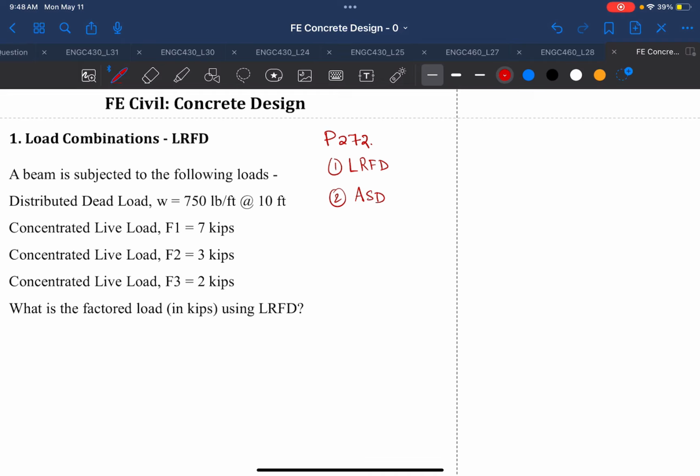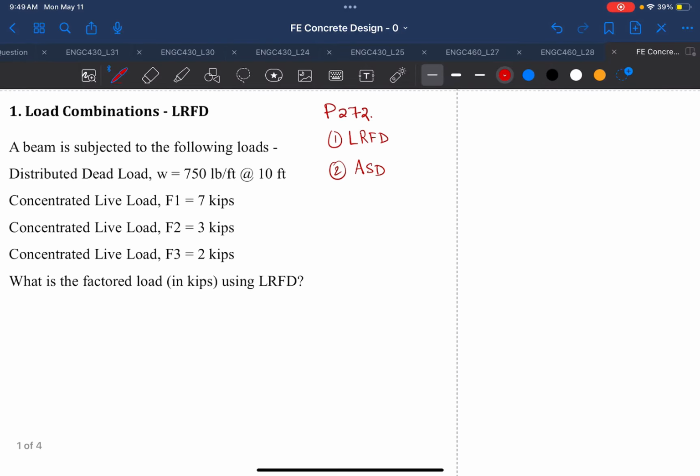If you have all these different loads acting on your structure, then ASCE 7 has given you different load combinations that you can use, and you can design for the worst case scenario. So design load is for your worst case scenario, and worst case scenario means maximum load. So in your FE test, when you get this kind of question,